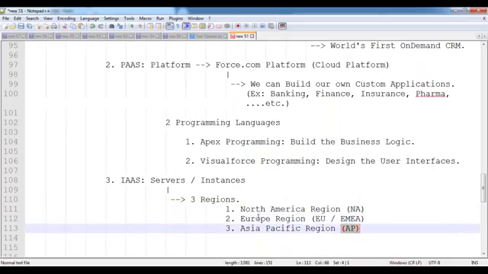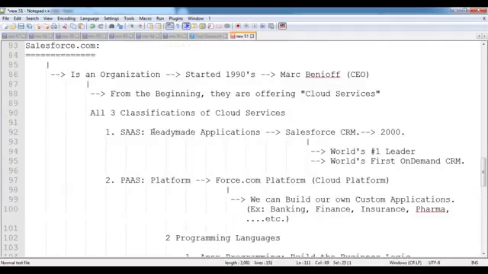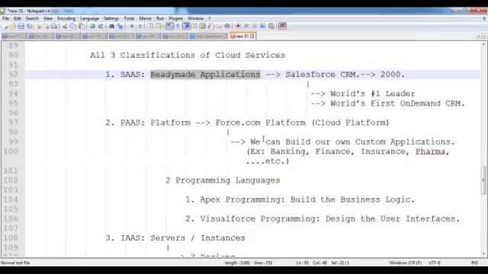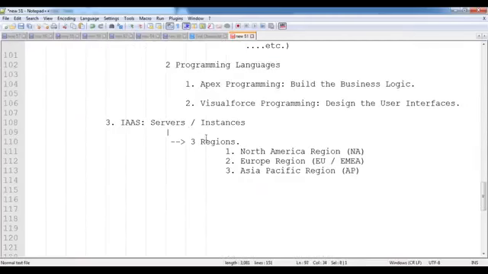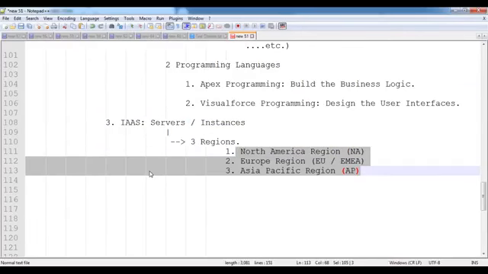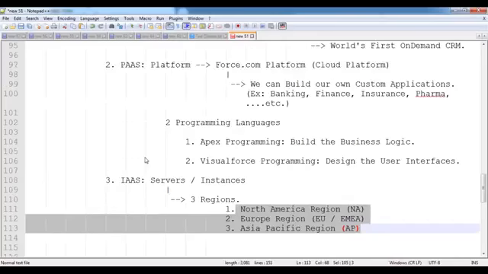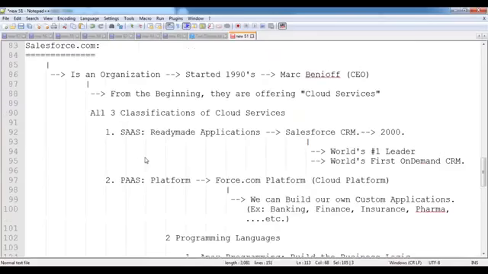In that server, Salesforce allocates the memory space, and in that memory space you can install your applications also. So no need to maintain your own servers. Everything we can take on a rental basis here. We can take ready-made software on rental basis, the platform also on rental basis, and infrastructure, nothing but servers, also on rental basis. All the 3 resources we can take on rental basis from Salesforce. These are the various cloud services offered by Salesforce to the customers.